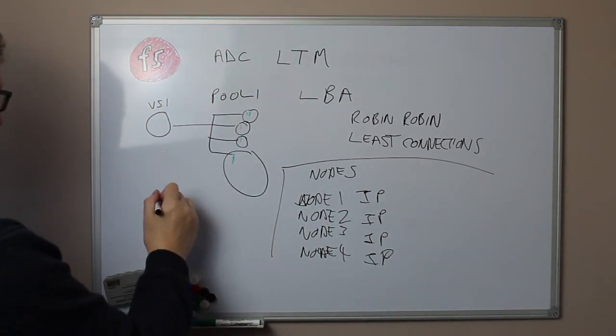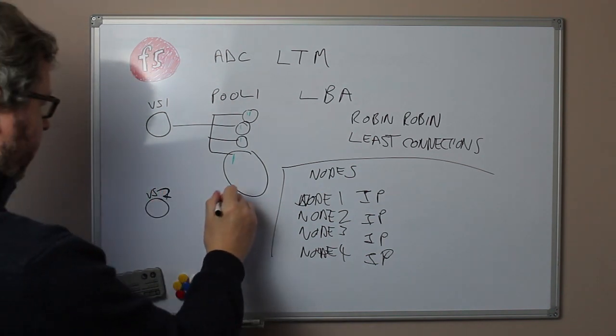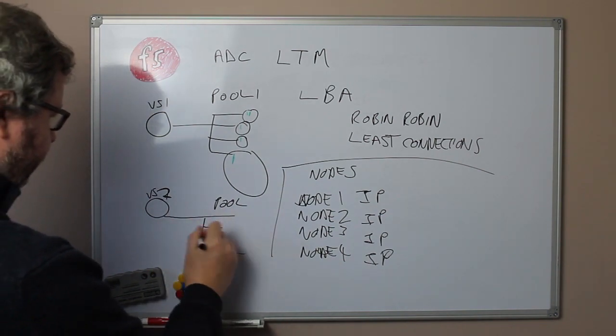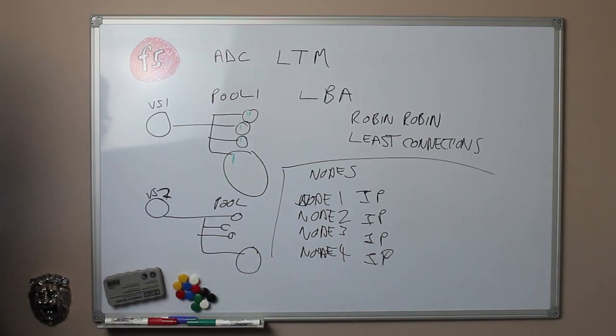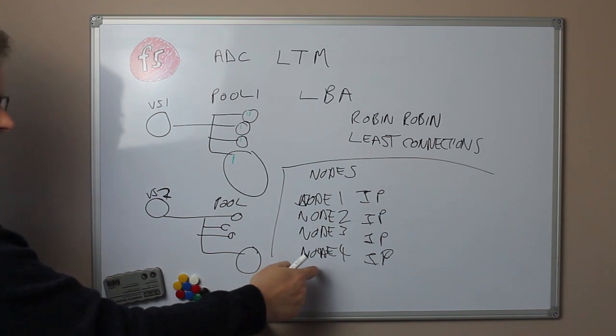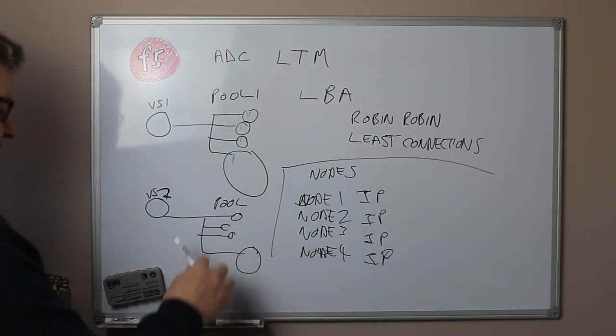We could create another virtual server 2, pool 2, and we could put the same nodes in that pool as well. So this could reference the same 4 endpoints, the same 4 servers. But with least connections